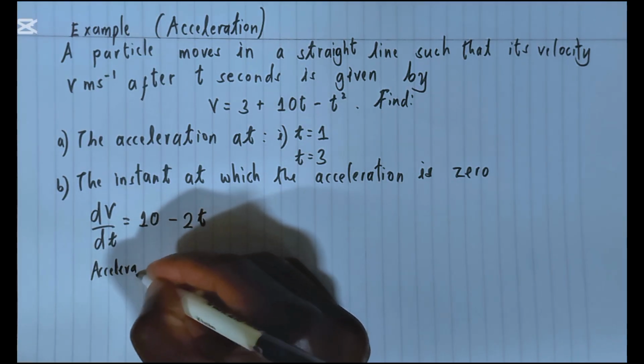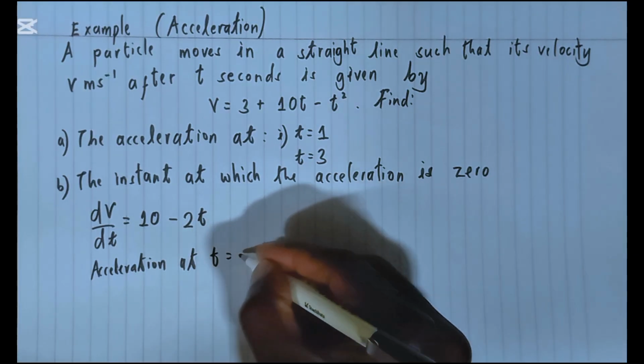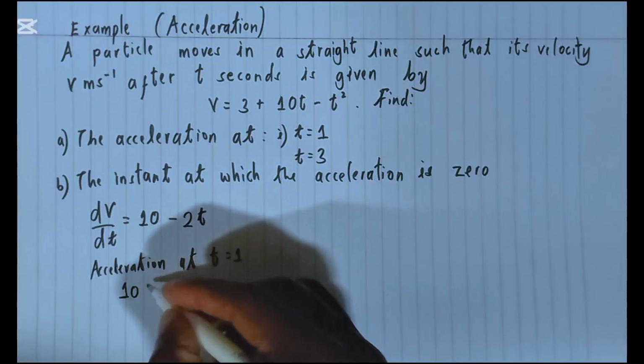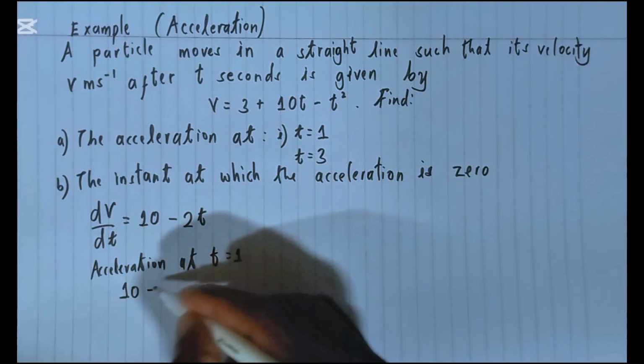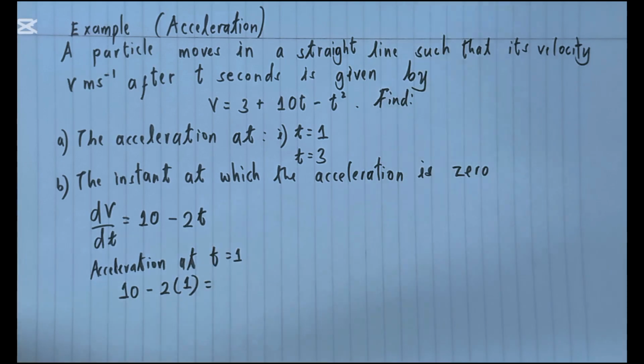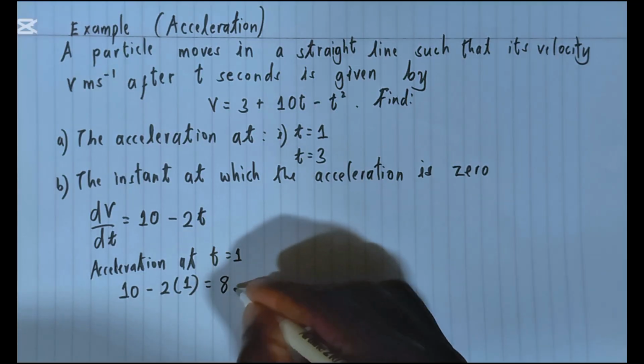So acceleration at t equals 1 will be given by 10, our acceleration function, minus 2 into 1, and that will be 10 minus 2, which basically is 8